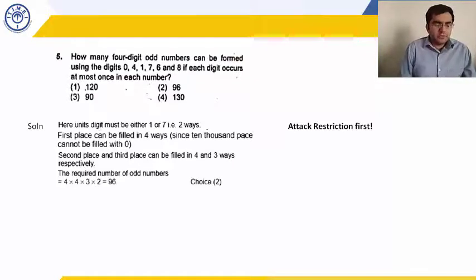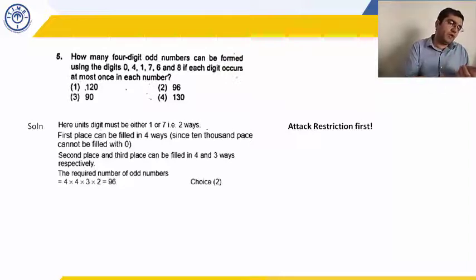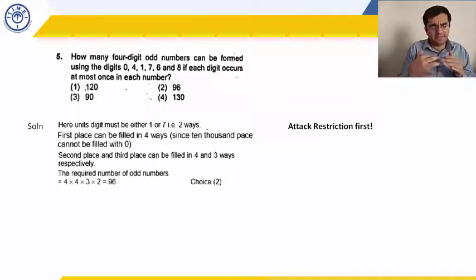If you had solved it in such a way that you said that the first place can be filled in 5 ways, then that would make the question complicated and you would have to make cases. Then you would have to see out of those 5 ways for the first digit, was 1 or 7 used or not? Because if 1 or 7 was not used, then the last place can be filled in 2 ways. But if 1 or 7 was used up, then the last place can be filled in only 1 way. So you would have to make cases and things would get complicated.